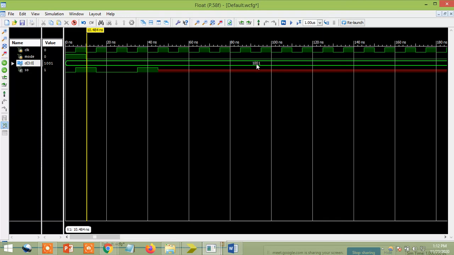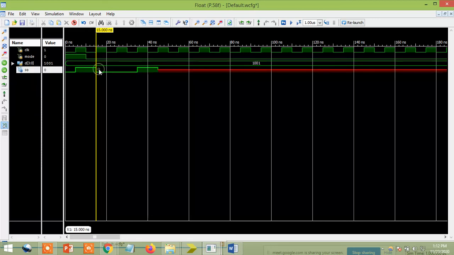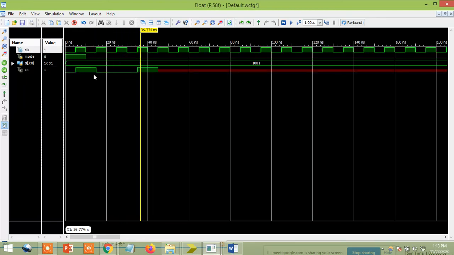Parallel in I'm doing, parallel out means you would get the complete waveform, but this is serial output. Serial output means I first get the first bit out: the value 1 in the first clock signal. Next, in the second clock signal, I get the value 0. Next clock signal, I get 0. Next clock signal, I'm getting 1. That's all. 1001 I'm getting. The remaining part is just x only. I'm not going to get anything. Here carefully observe that serial out means only one bit coming out. Parallel out means the complete 1001 will come out in one clock signal only.